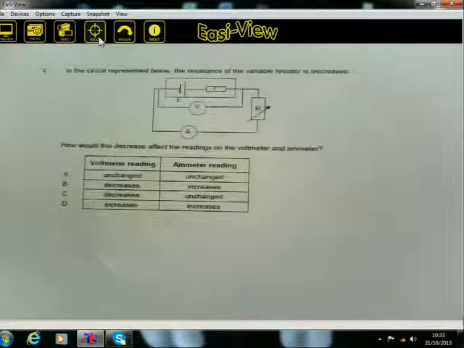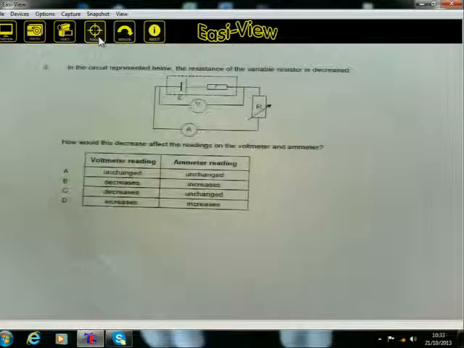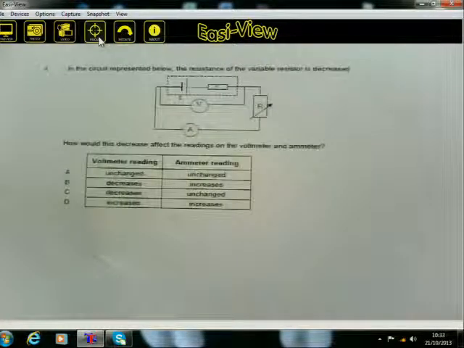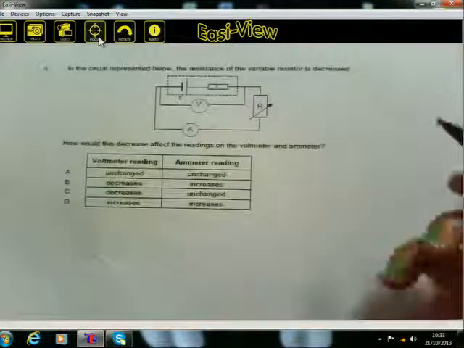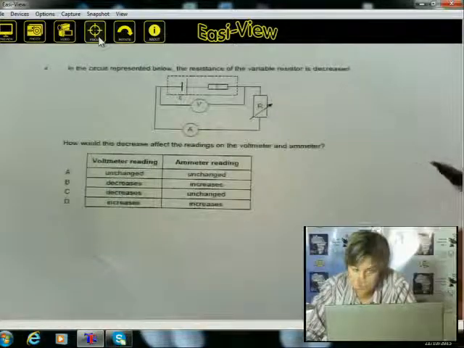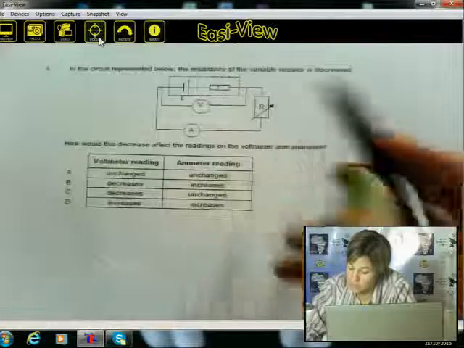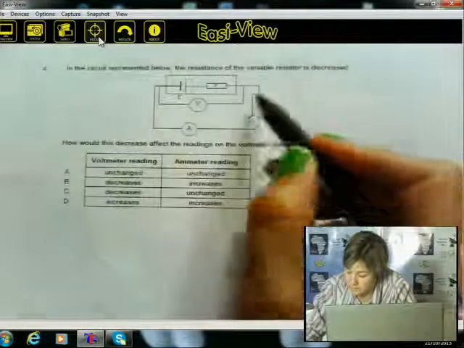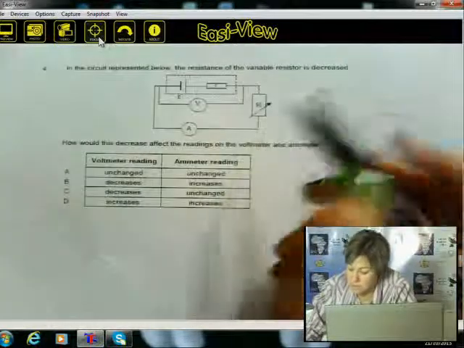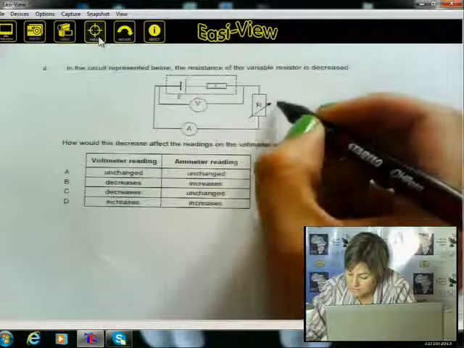In the next question that I have for you, and this is a typical question for the end exam, for the matric exams, if you ever see this one, work through a couple of them. There are a few variations of this one, but this is one of the examples that I brought for you today. It says, in the circuit represented below, the resistance of the variable resistor is decreased. So they take this resistor and they make